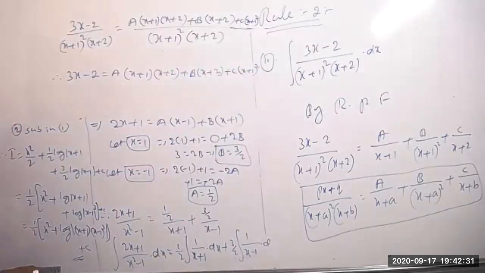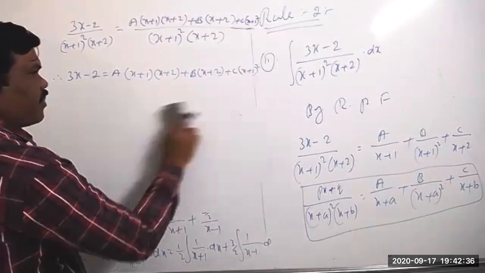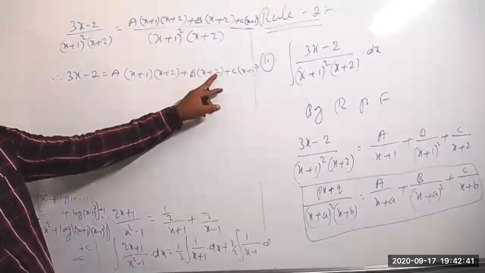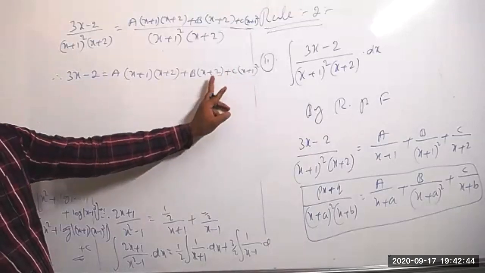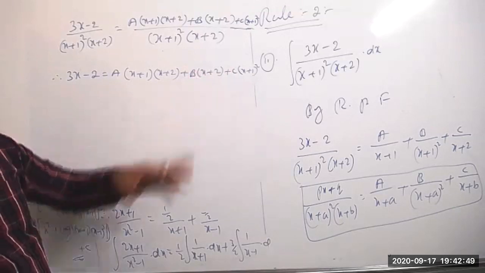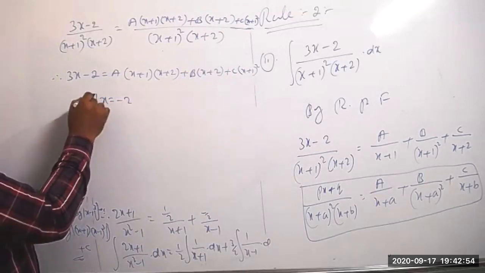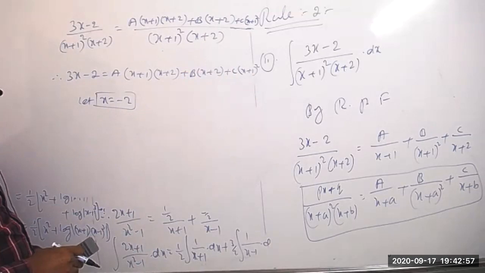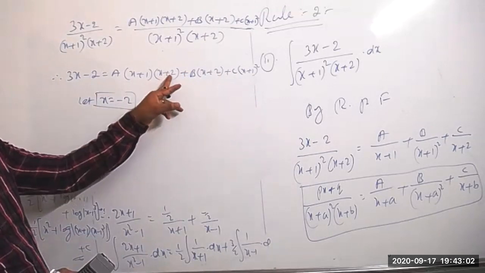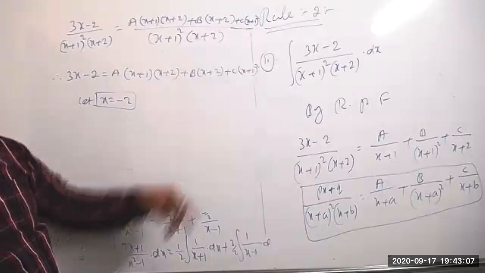Now we have to find the values of a, b, c. For finding the value of c, we make terms zero. Here x plus 2 is there and x plus 1 is there. Suppose we take x equal to minus 2, because x plus 2 is a factor, meaning x plus 2 equals 0, then x equals minus 2. Let x equal to minus 2. Then a also becomes 0, because minus 2 plus 2 equals 0, and 0 times anything is 0. And b also becomes 0, so clearly we will get the value of c.